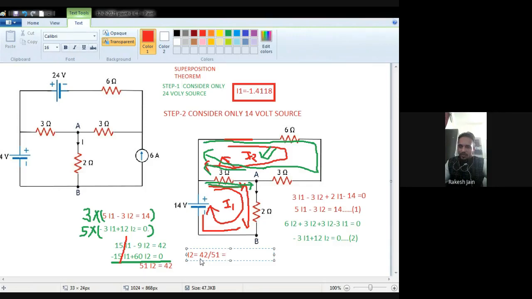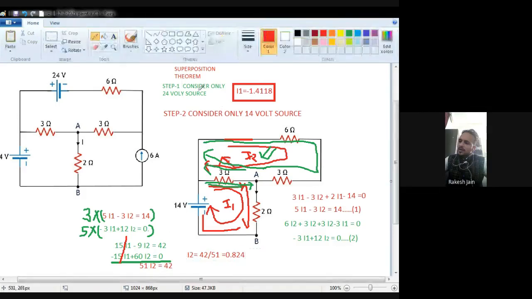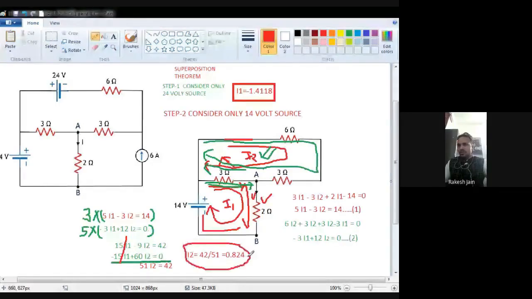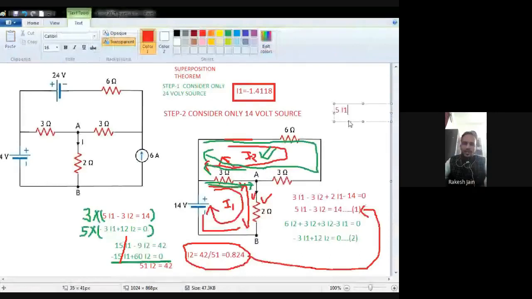Okay, now you are able to see. I am going to write the equation for this 3 ohm resistance; the right side comes to 0. So this one becomes the second equation. How many I1 are there? Minus 3 I1 is there. How many I2 are there? 6 plus 3 plus 3, so 12 I2 are there. So plus 12 I2.